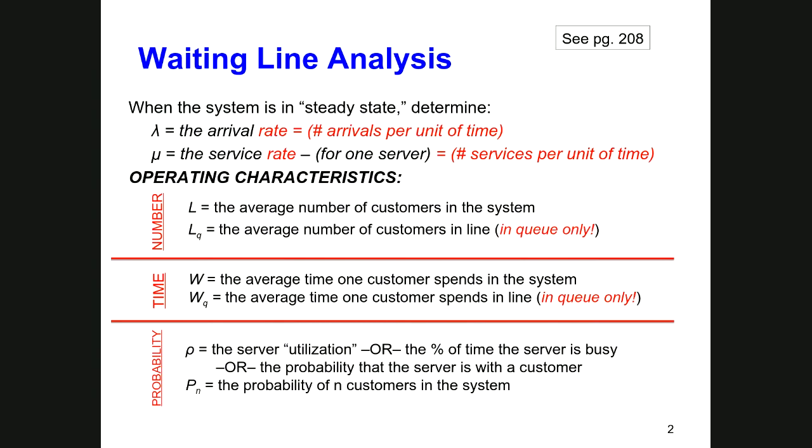So again, now the key word is time. It's either going to be W or W sub Q. Before it can land must be the time that it spends in line. So here we're going to calculate the value of W sub Q. All right. And so for part B,